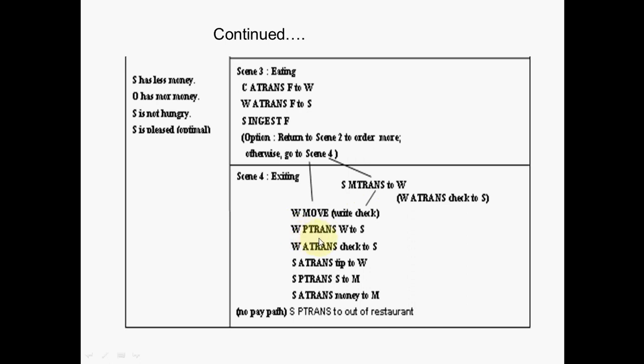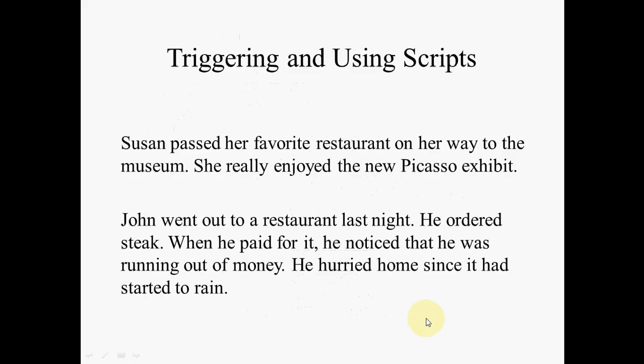Then waiter will move himself to the customer. He will go to your table and he will hand over check to you. Then you are going to hand over the tip to the waiter and go to the cashier. And then you are going to give money to the cashier. And then once this is done, you are moving out of the restaurant. So this is your